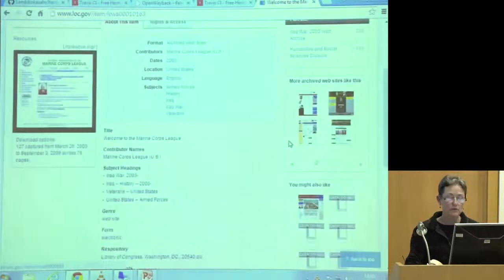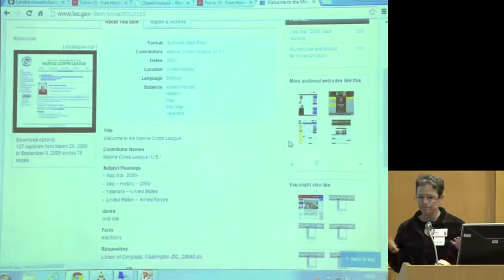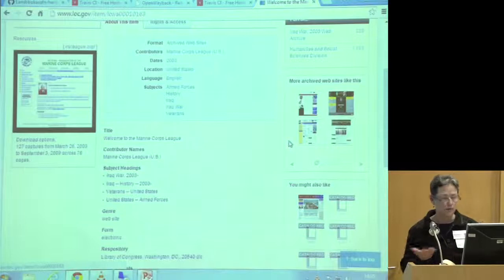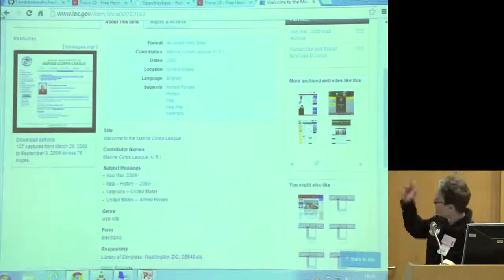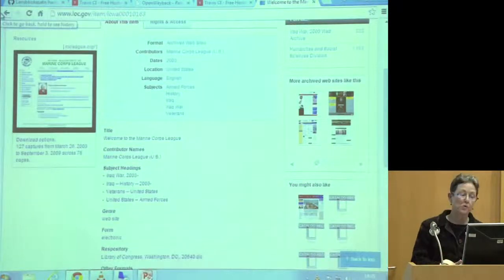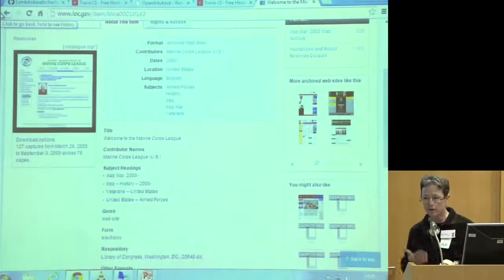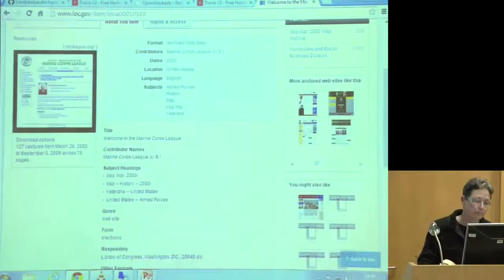What's indexed is, of course, the MODS record and all the fields thereof. And over at the left side is what Chris did to try to make it a little bit more robust of information about what it was we actually got for the site. So these 127 captures down there actually are talking about the